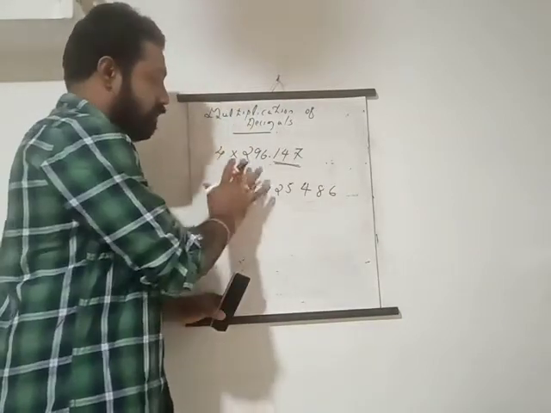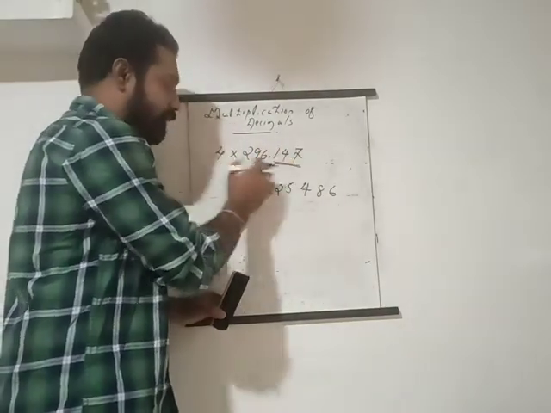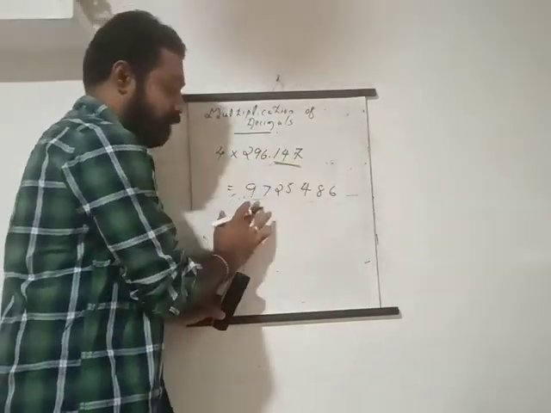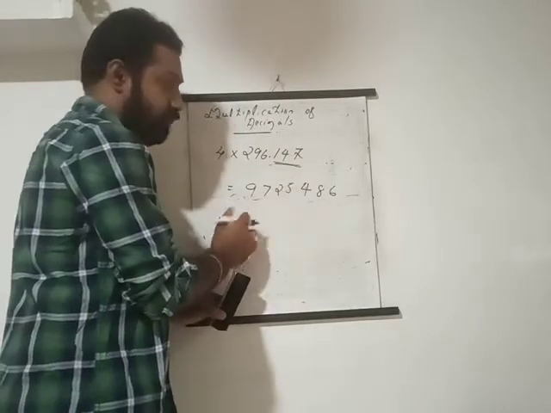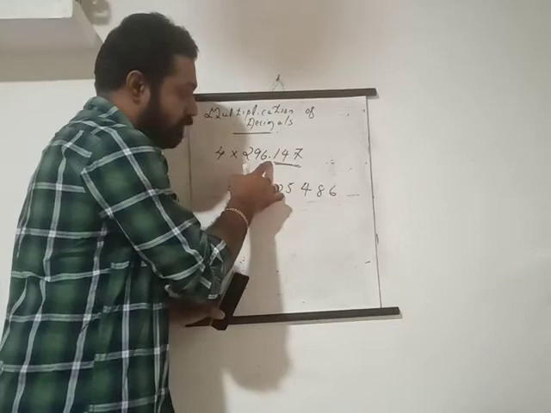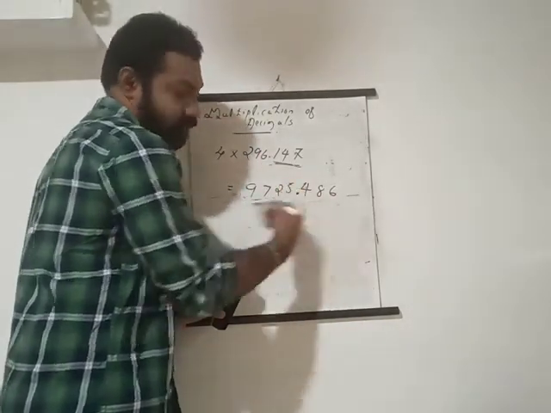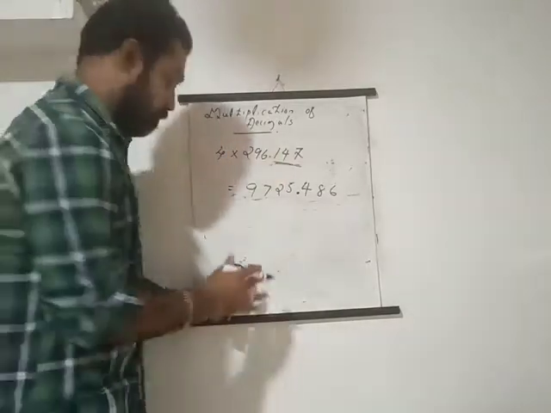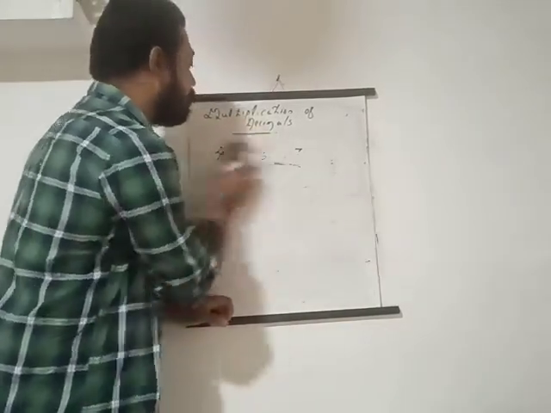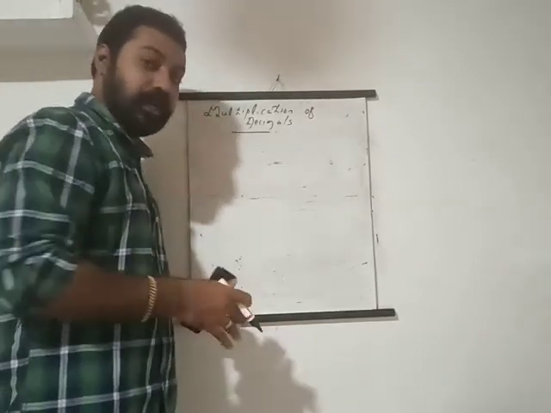So first I leave the point and multiply, and after multiplication I got an answer like this. How many decimal places do I have to make? 3, isn't it? 1, 2, 3. Here you just make a point. That is the basic idea behind the multiplication of decimals by a whole number. That one we already learned.